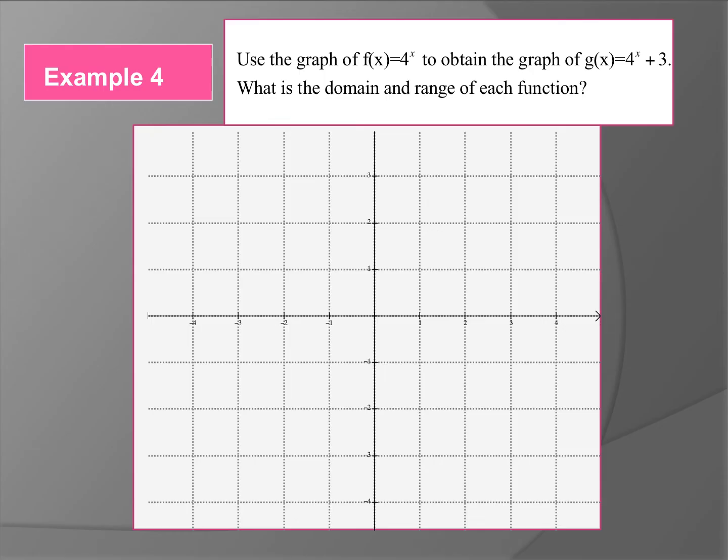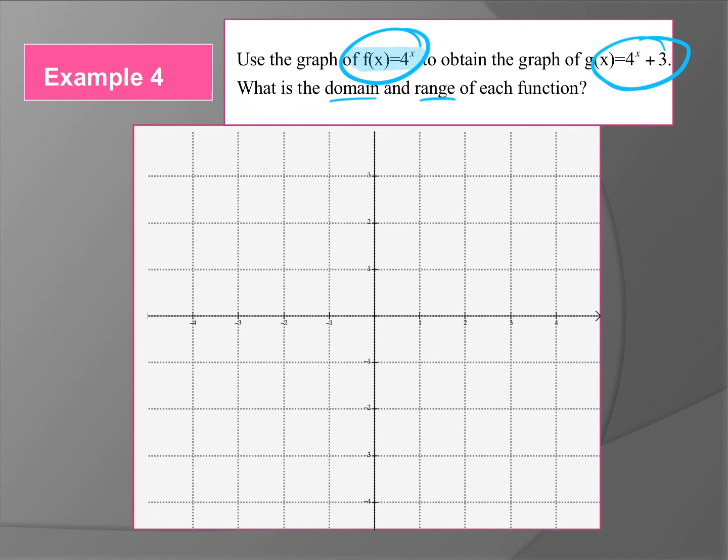For example 4, we're going to use the graph of f of x is equal to 4 to the power of x to obtain the graph of 4 to the power of x plus 3. And then we have to find the domain and range of both functions. So starting with our basic function here,